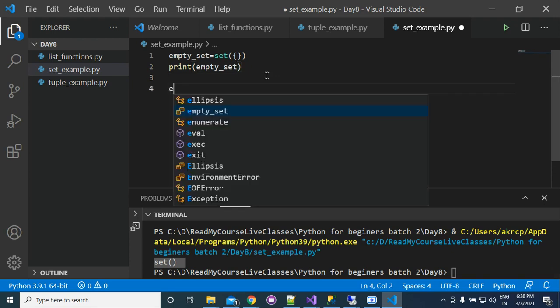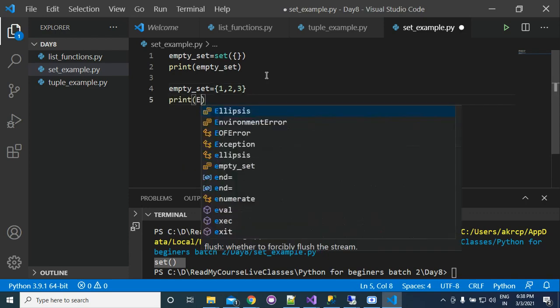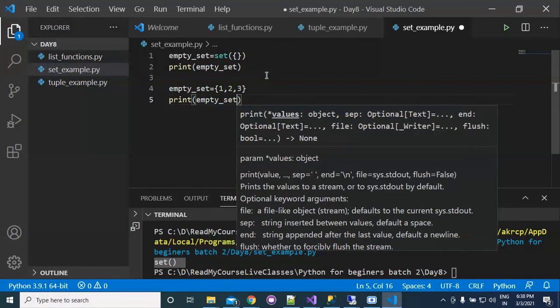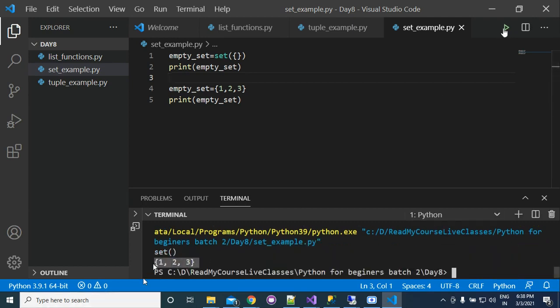Now we are creating a set, suppose 1, 2, 3. If you print your set, you will get 1, 2, 3 here.